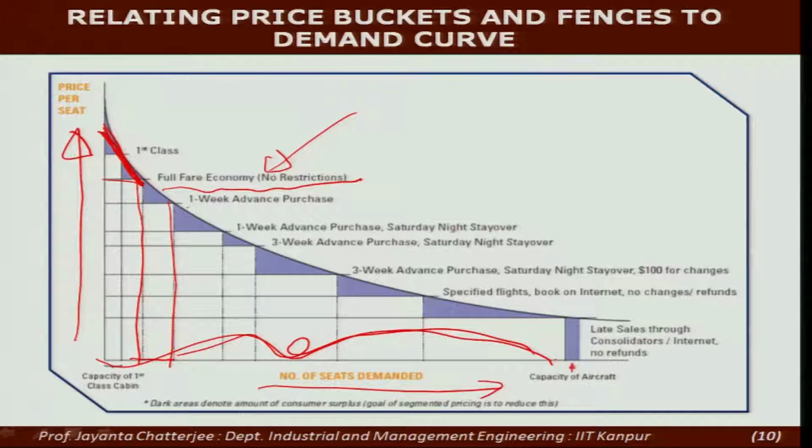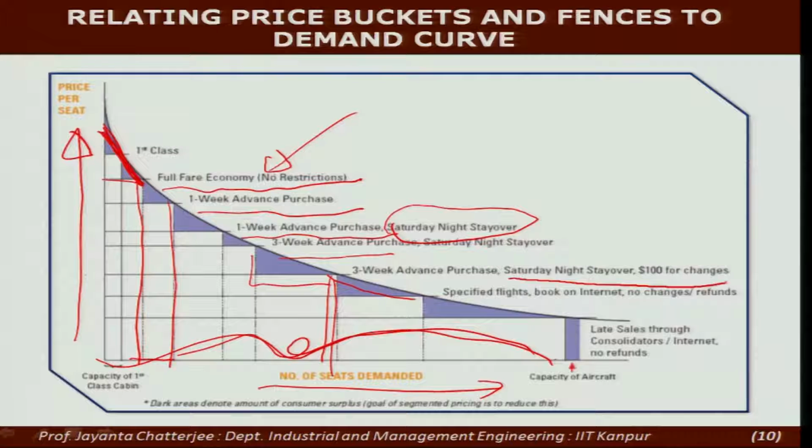Then accordingly you can actually have 1 week advance purchase, 1 week advance purchase with some Saturday night stay over, 3 weeks advance purchase. As you see, price is coming down, you are coming down on this price per seat, and accordingly your bucket size is also expanding. So, here we have 3 weeks advance purchase with Saturday night stay over,